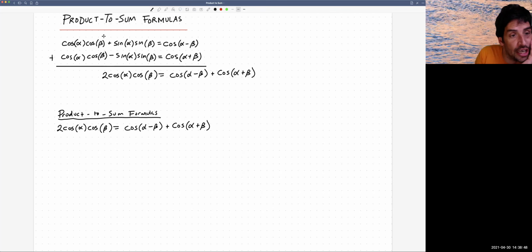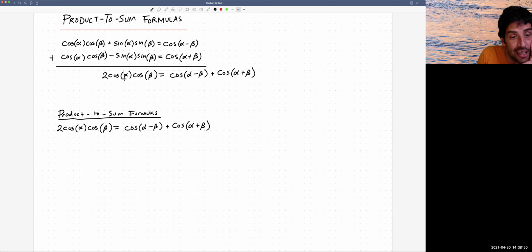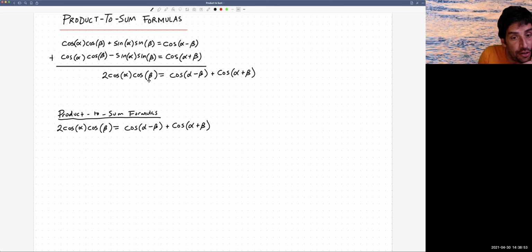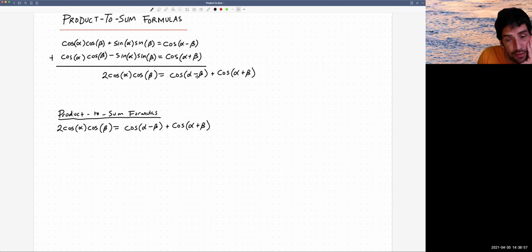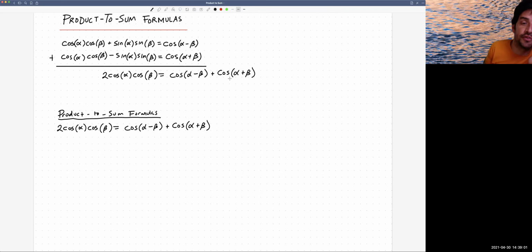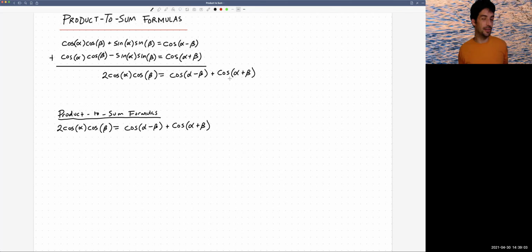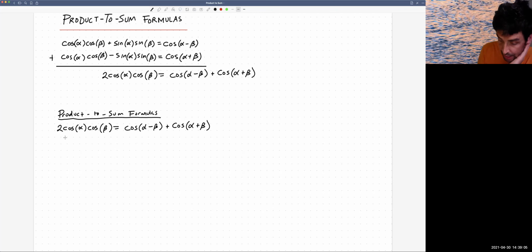This is most convenient for taking a product and turning it into a sum, because there's no real conditions on these two angles to get this. If you had a sum, you'd have to be really clever to notice you've got the difference and the sum of two angles to do this. I mean, you can always come up with that, but to notice that they're useful. So the other ones,